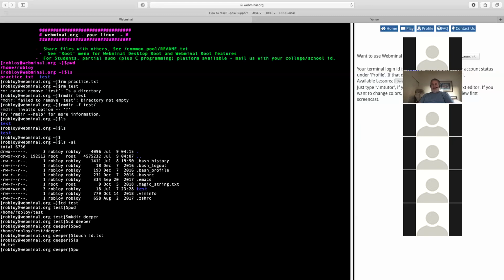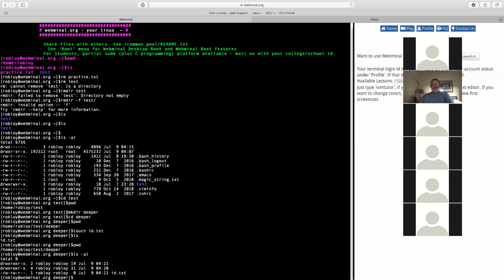And if I do a PWD, I think we're still in that deeper folder. Everything's good from that environment. If you do an ls -al, that's going to list everything, and you'll see that id.txt is owned by you. It's got 0 bytes. This means it's an empty file, and it was created on July 9th,